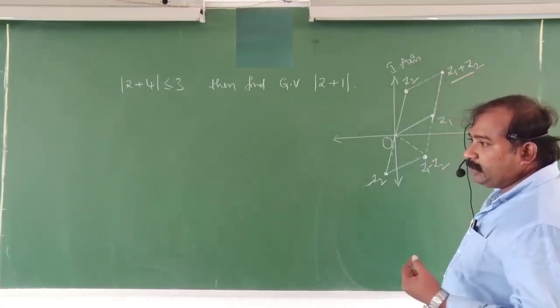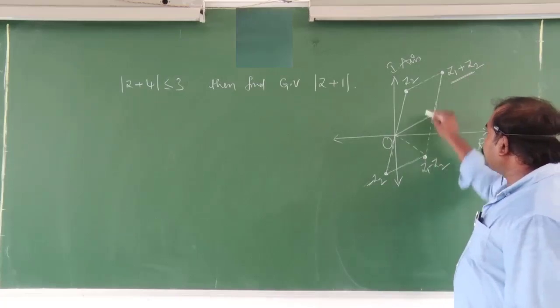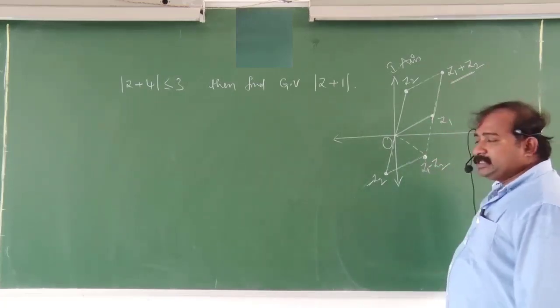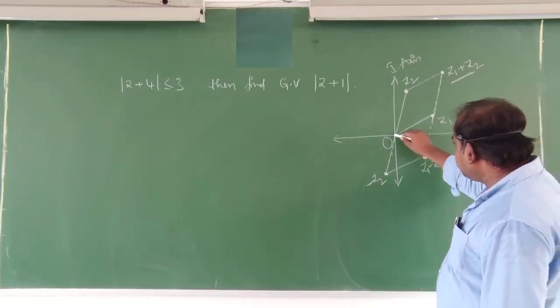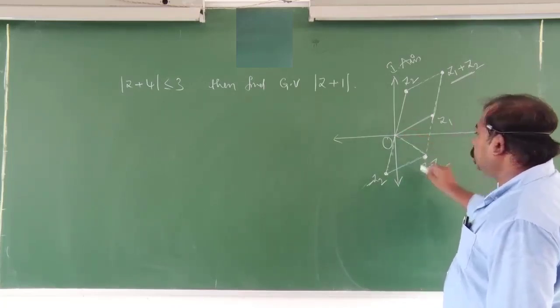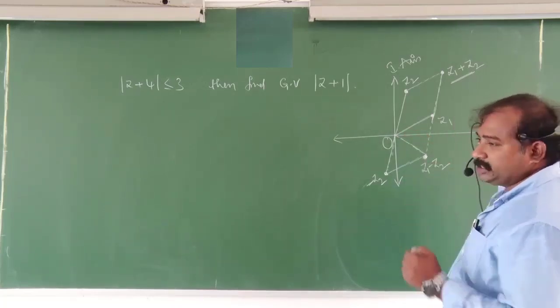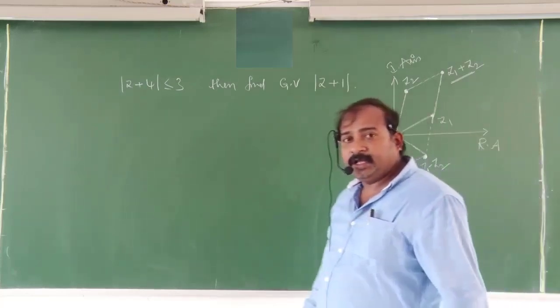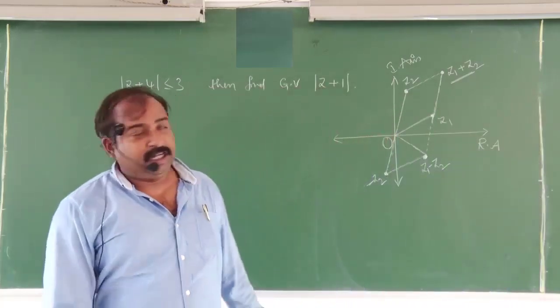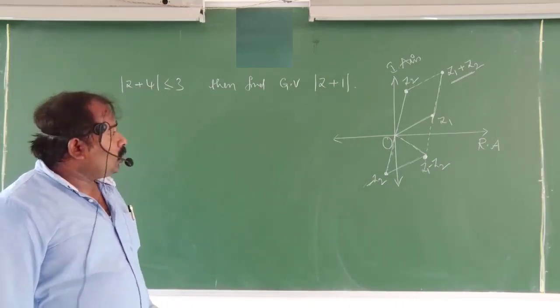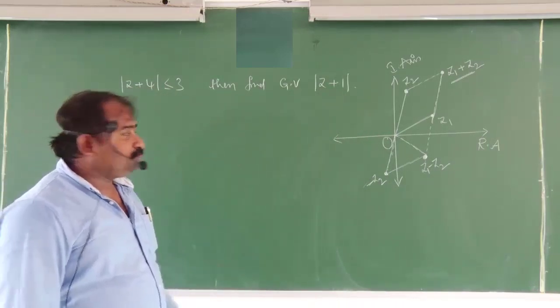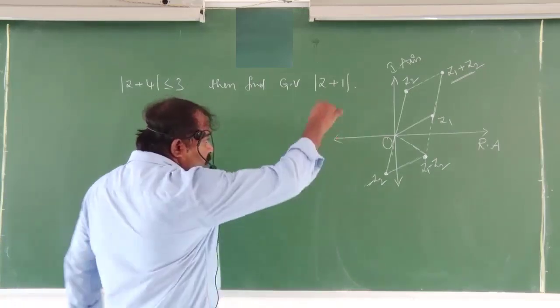Similarly, Z1 minus Z2. This is the addition of complex numbers, and this is the subtraction of complex numbers. Remember this concept. This is the geometrical meaning of Z1 plus Z2 and Z1 minus Z2. Now from these two results, if you observe,